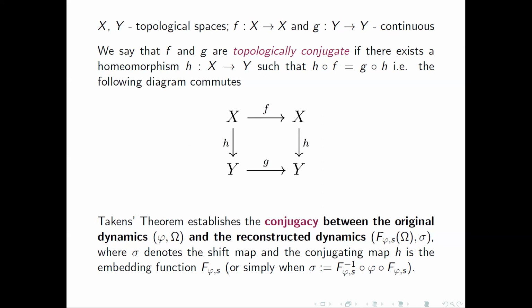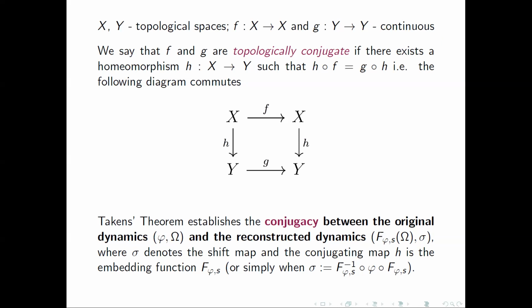Mathematically, the concept of two systems being equivalent is captured by notions of conjugacy. In dynamical systems, we say that two systems are topologically conjugate. So we have two systems F and G, discrete dynamical systems, acting on some topological spaces X and Y. If they are conjugated, there exists a homeomorphism H from X to Y such that the following diagram commutes,